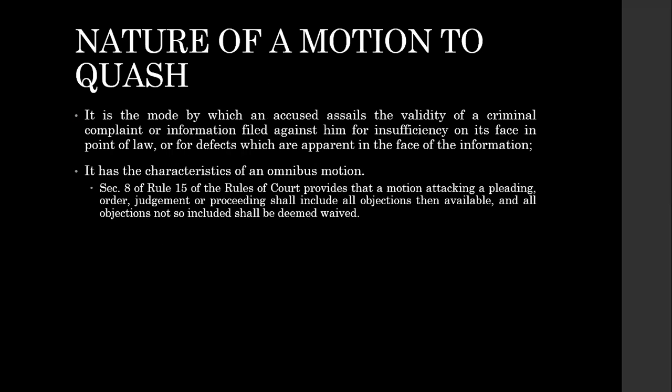So let's begin discussing the nature of a motion to quash. Under the rules, a motion to quash is the mode by which an accused assails the validity of a criminal complaint or information filed against him for insufficiency on its face in point of law or for defects which are apparent in the face of the information. So I call this an attack on the extrinsic validity of the complaint or information, because generally the grounds for the filing of a motion to quash are based on those defects which are apparent in the face